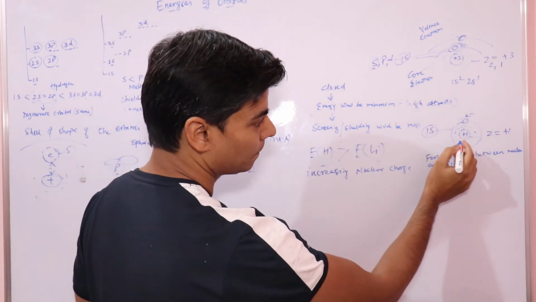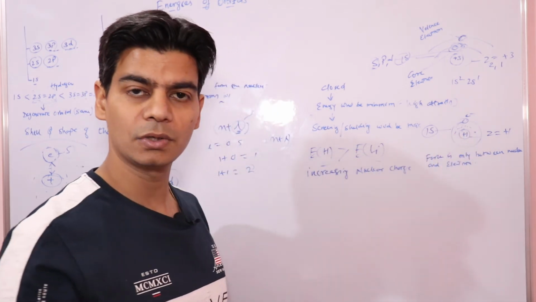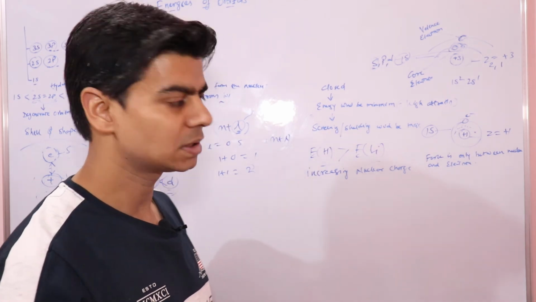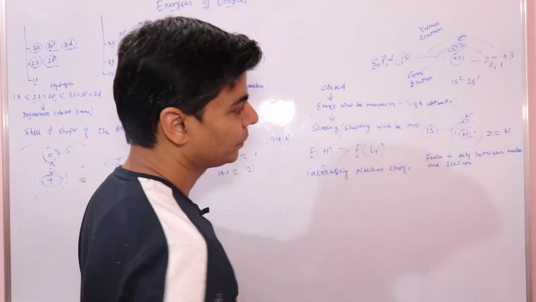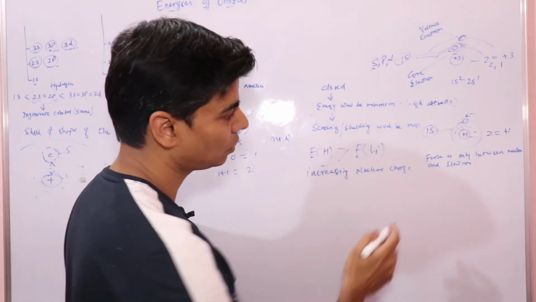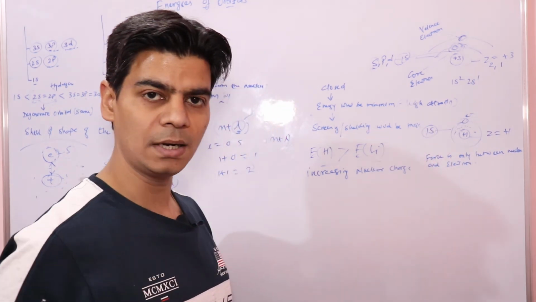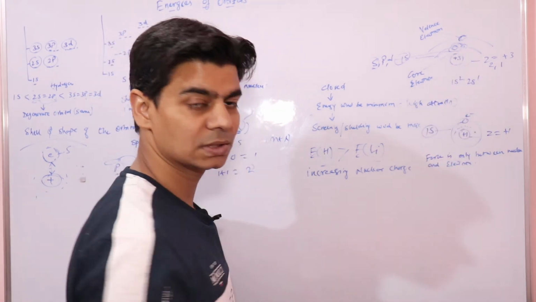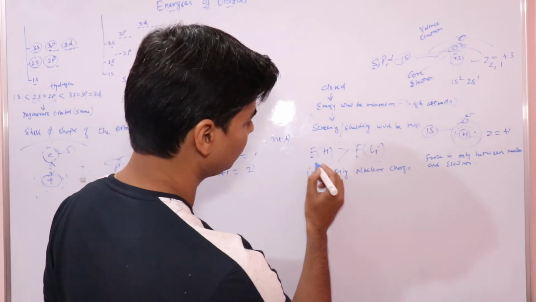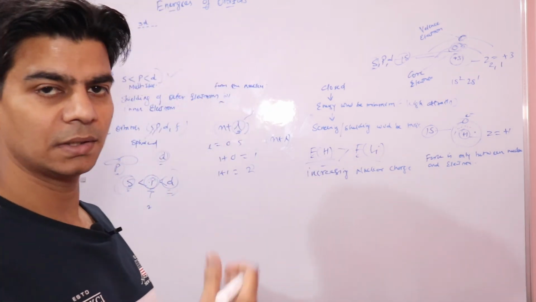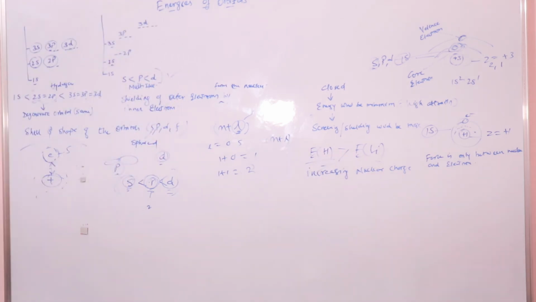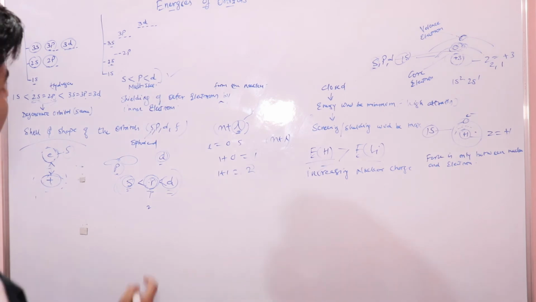Whereas in case of hydrogen, if we talk about the same shell and subshell, that is 1s, the force of attraction on this 1s subshell would be less compared to lithium. Since the force of attraction is less, the energy would be more, right? So this is the case. E of H is high. Energy for the hydrogen atom is high for the same subshell, right? I hope all this is clear to you. Just remember all these things.